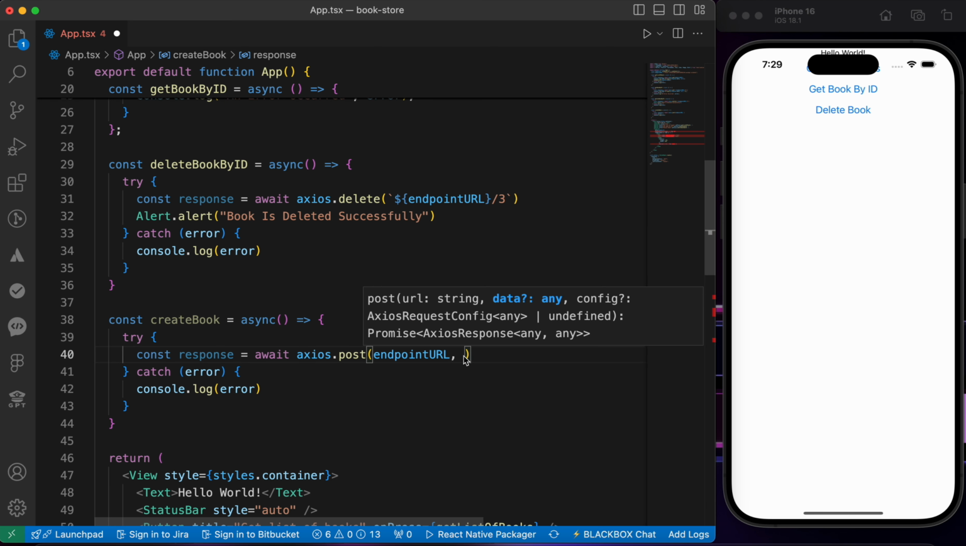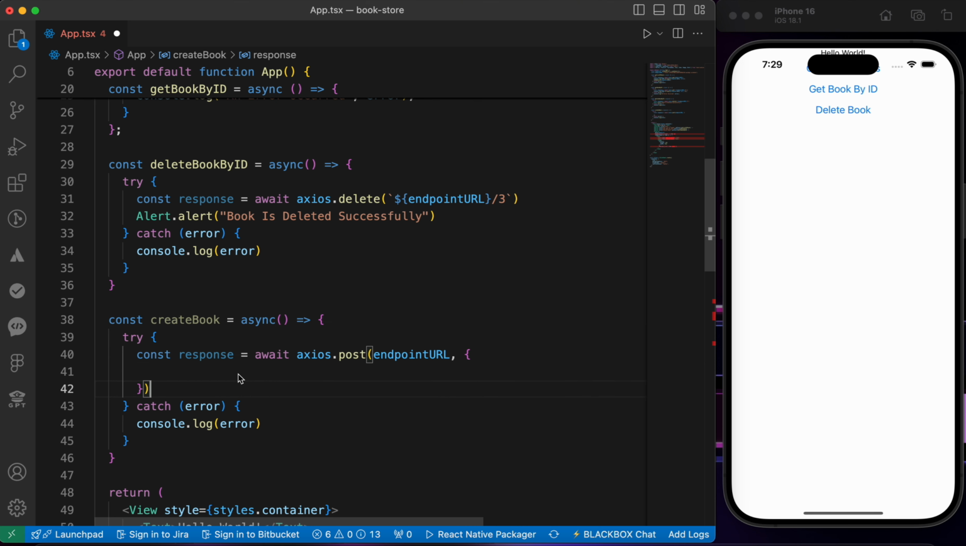Then we're gonna add the body, because we don't want to create an empty box. We need to add data for this box, for example, title and price and so. So we're gonna just open a new object and put your data here. How to get this data? Look